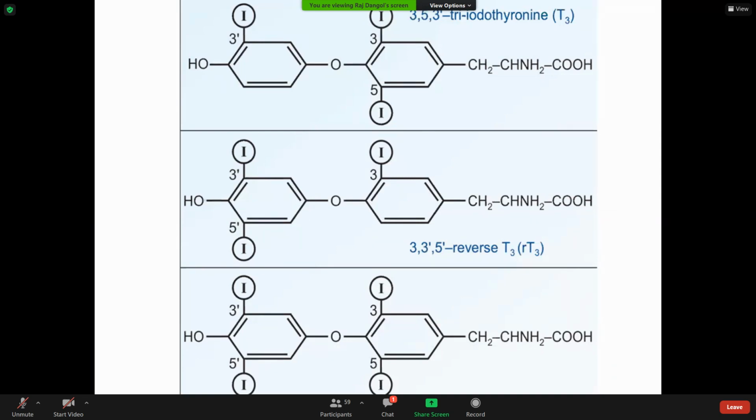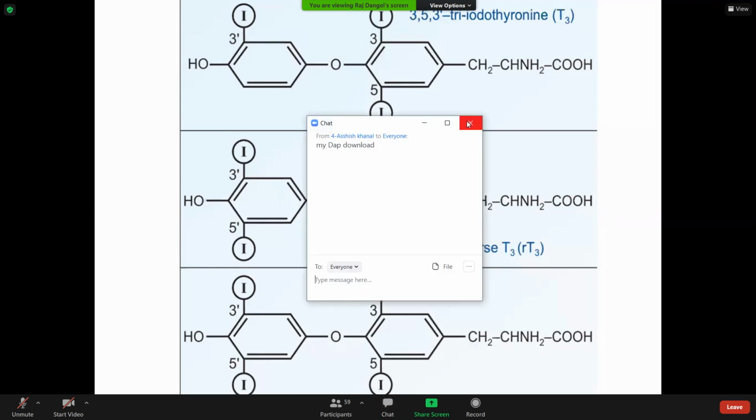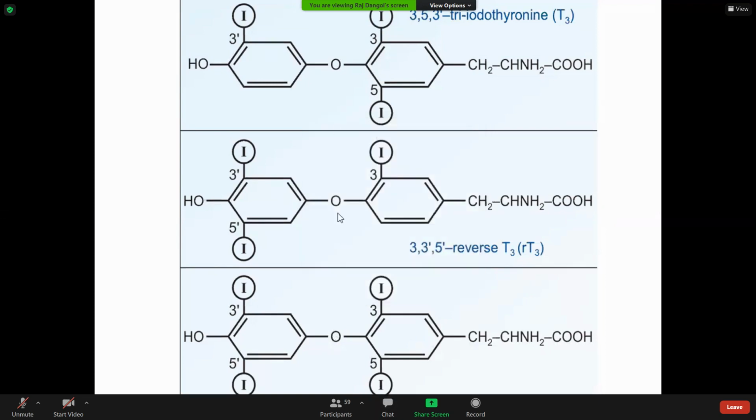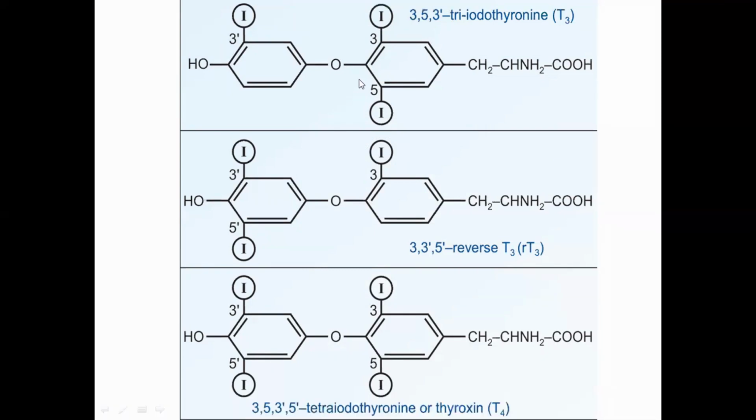So while talking about the activity between T4 and T3, T3 is the most potent biologically active thyroid hormone. When compared with T4, it is 8 times more active. And in the body, tetraiodothyronine or thyroxine can be converted to triiodothyronine